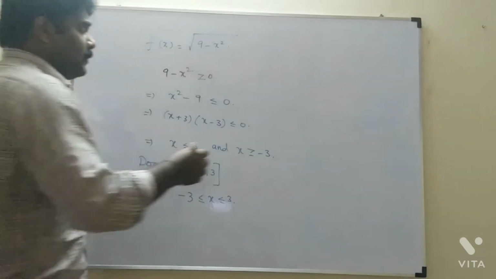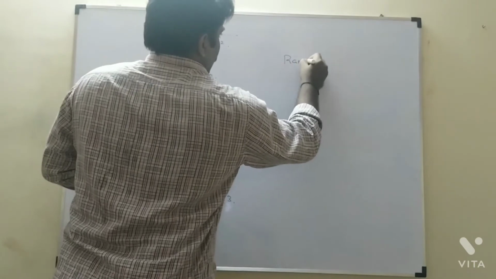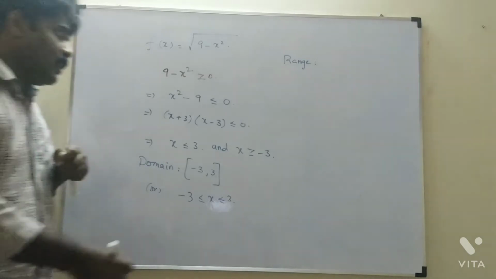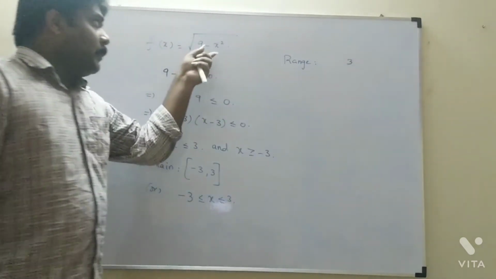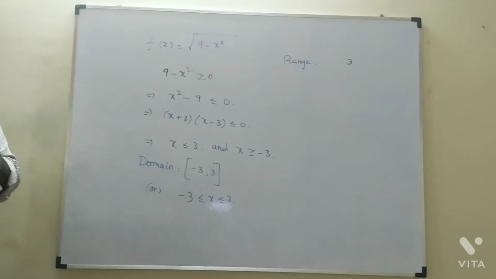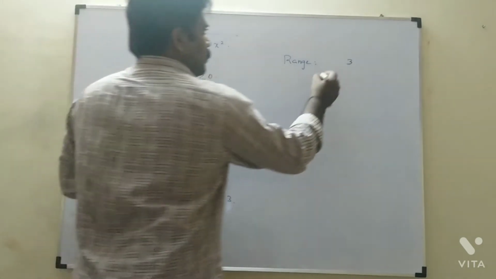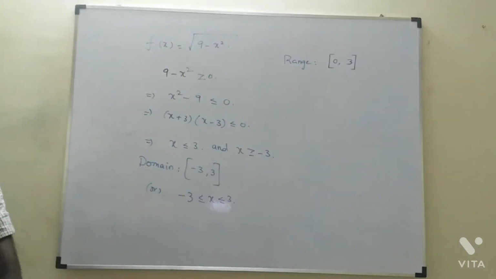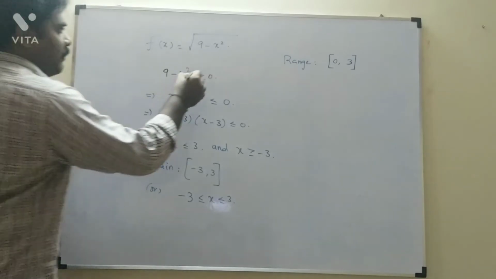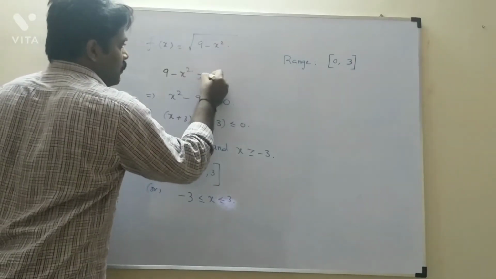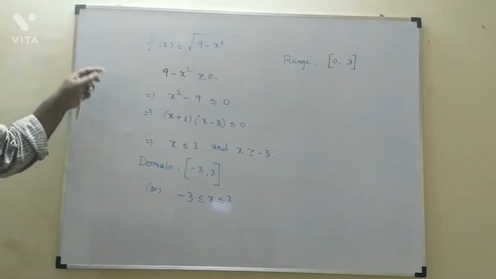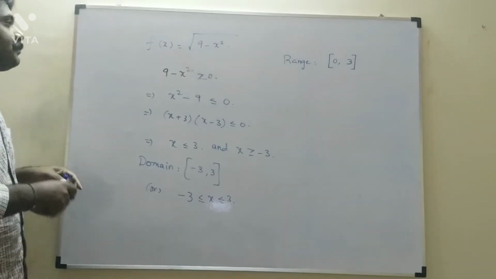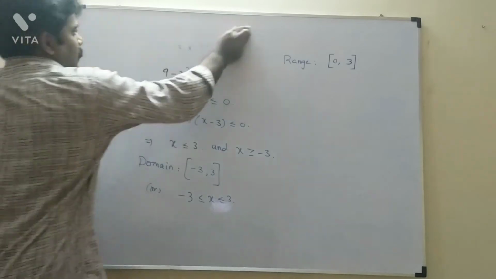Now coming to the range, let us say I am taking x value to be 0. So my f of x would be 3. Let us say my x value is 3. So this would become 0. So the range would be 0 comma 3 in closed intervals. Already it is very clearly defined that this value should be greater than or equal to 0. Right? So you need not worry about negative values. Right? That is one question. Then you can pause the video and make a note. Then moving on.